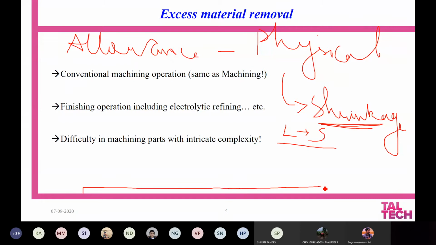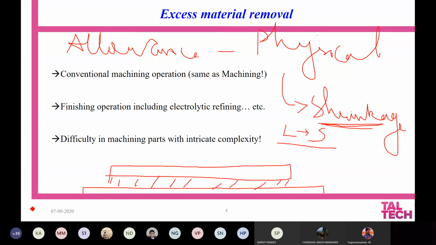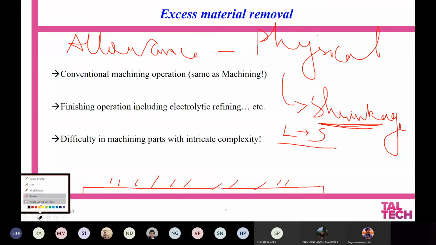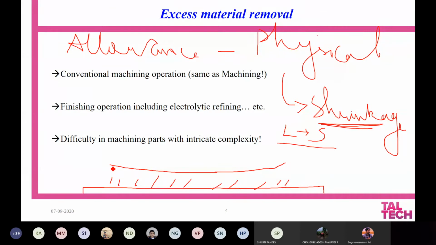For example, assume this is going to be a substrate plate and you have your sample produced here, very long, and then you have the support structure between them. And when you produce such material, generally what happens is that if you are producing using the selective laser melting process, you will have a very high cooling rate, and hence there will be high internal stresses. So it will end up with some kind of distortion or warpage along the material surface. It will no longer be flat. So you have some kind of warpage. It goes like this.